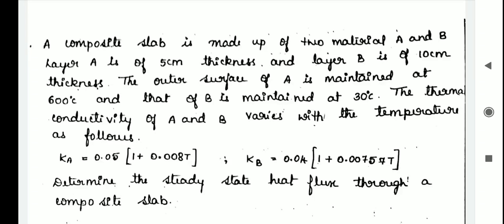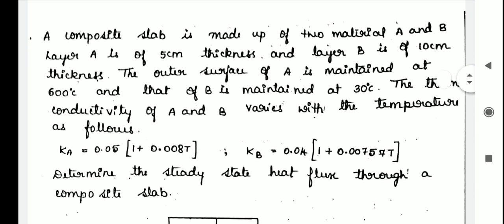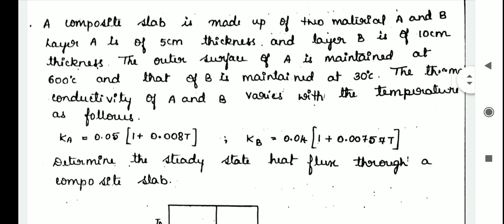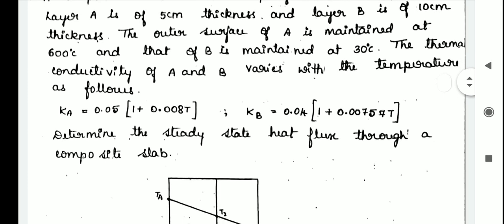Friends, this is a slab type problem, comes under module 1. A composite slab is made of two materials, A and B layer. Layer A is of 5 centimeter thickness and layer B is of 10 centimeter thickness. The outer surface of A is maintained at 600 degrees Celsius and B is maintained at 30 degrees